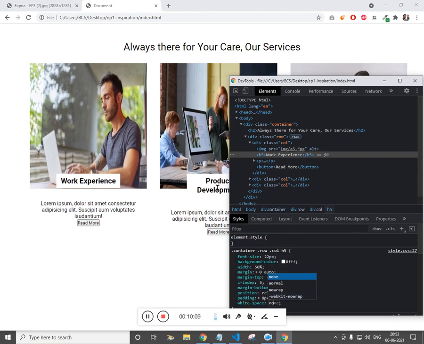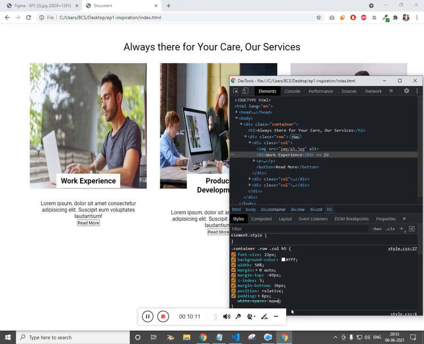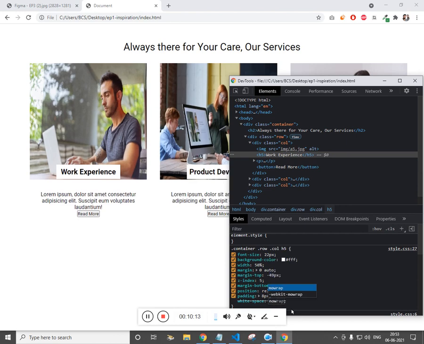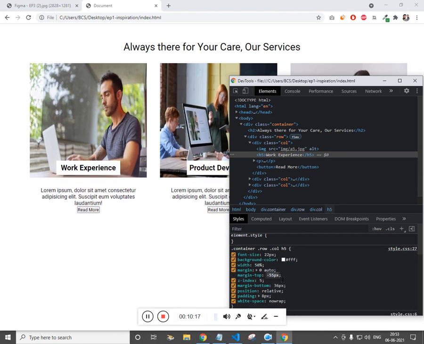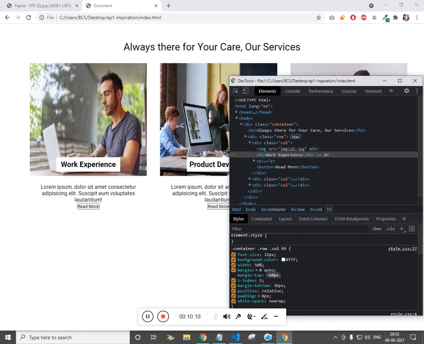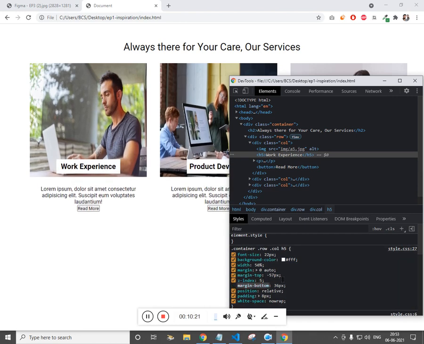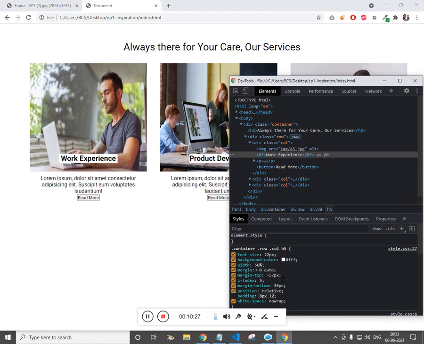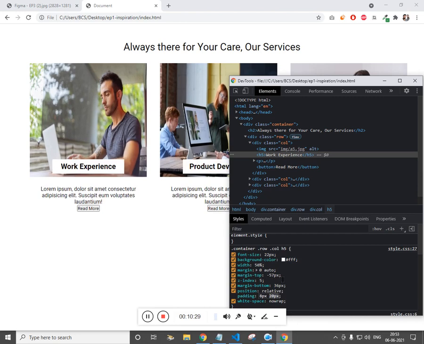So the reason for this is, you can see, no wrap. And let's add the margin top a bit more, and let's increase the padding. Top and bottom is okay, left and right I need 12 pixel, even more.